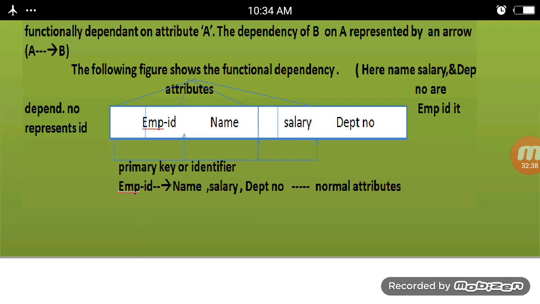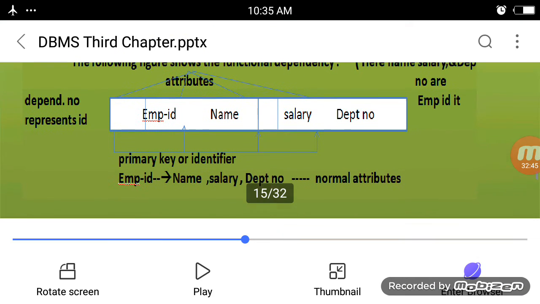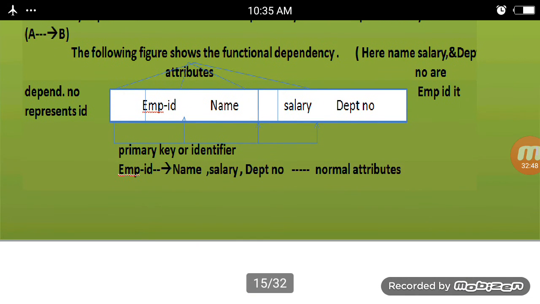In this functional dependency, employee ID has some IDs, and name and salary depend on it. All of these are attributes. Employee ID is an attribute, and name, salary, and department number are also attributes. But the primary key is the identifier, employee ID, and the name, salary, and department number are normal attributes.